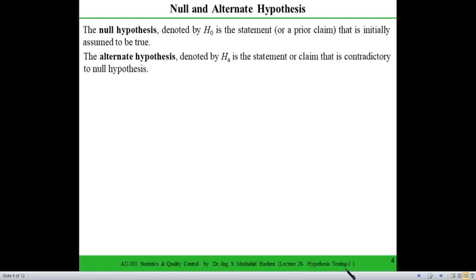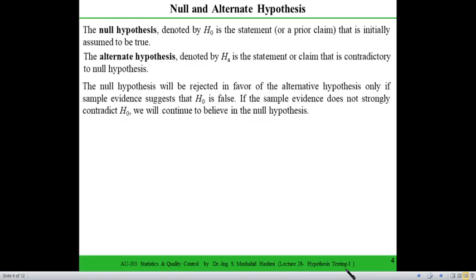So obviously the other contradictory claim would be called the alternative hypothesis, and HA is the symbol to represent that hypothesis. It is just the opposite of, or anything other than, the null hypothesis. Whatever the statement other than the null hypothesis would be called an alternative hypothesis. The null hypothesis will be rejected in favor of the alternative hypothesis only if the sample evidence suggests that the null hypothesis